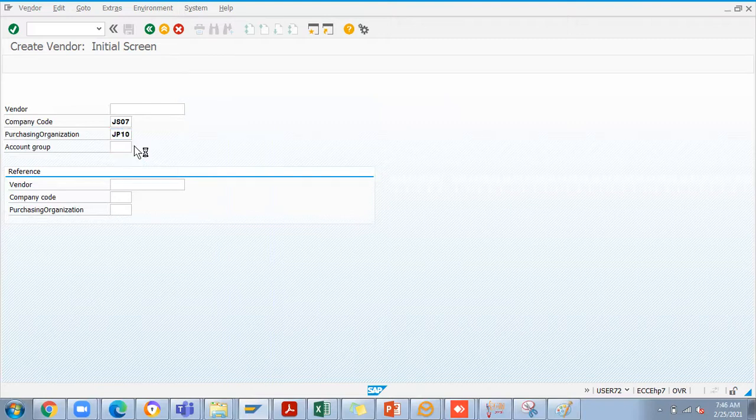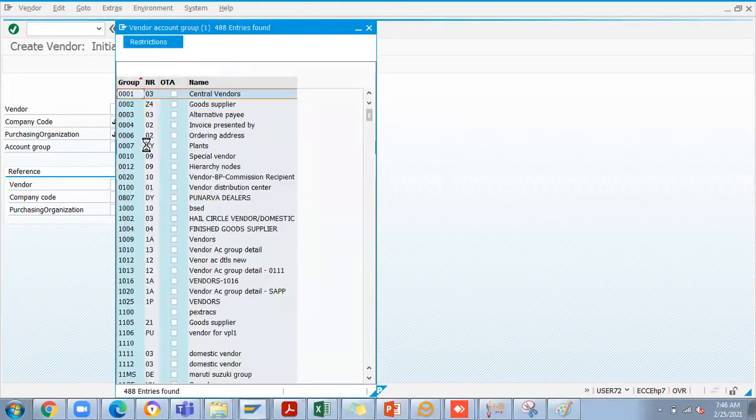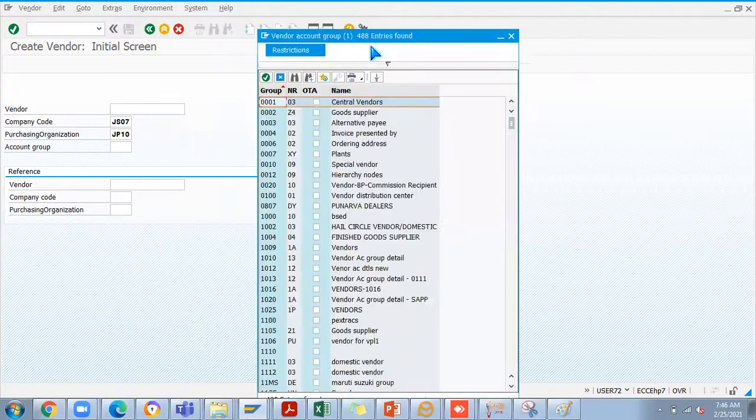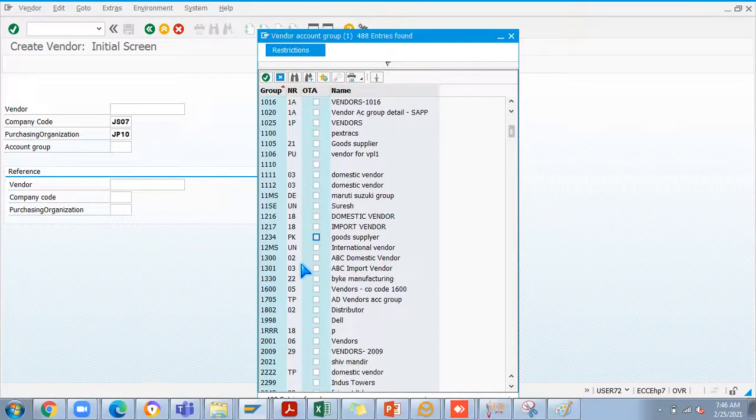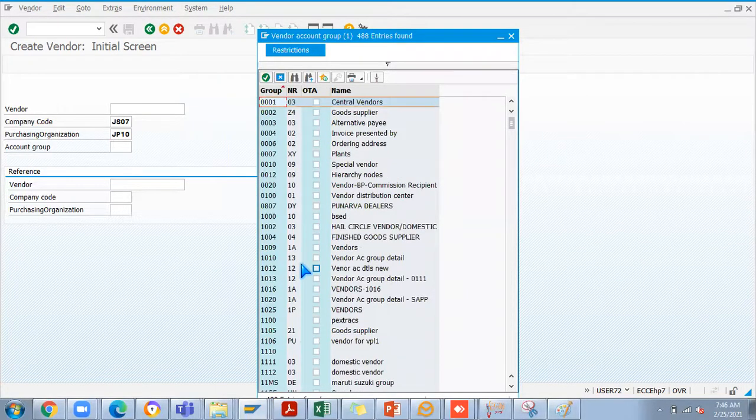Okay, so this account group is based on the number ranges. Whether you want this number range as an external number range, meaning you can enter the number here manually, or you want numbers automatically generated in the backend. And you can even differentiate based on the type of vendor. Example, central vendor, goods supplier, invoice presenter, ordering address.